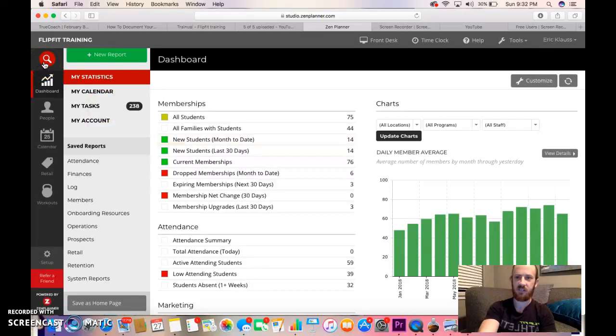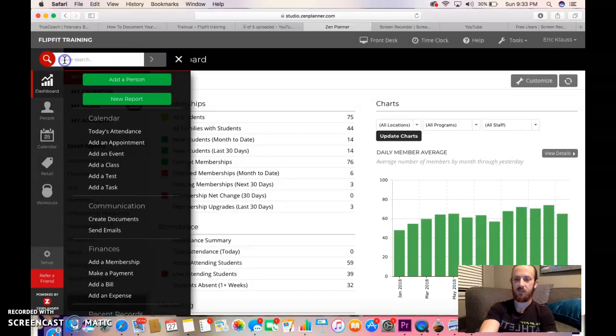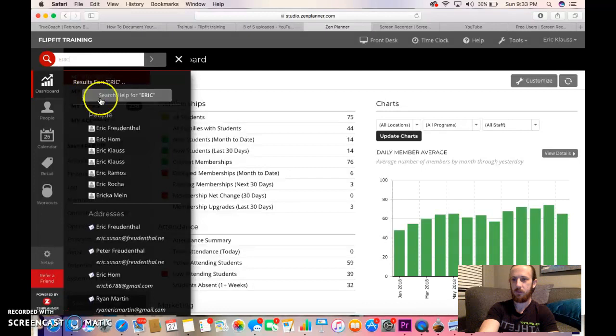So typically we'll get an email that says that they have a request for cancellation, which will say the reason that they canceled, and it will also say the date that they were canceled if they're on a membership or anything like that. So basically I'm going to come in here, I'm going to type the person that I